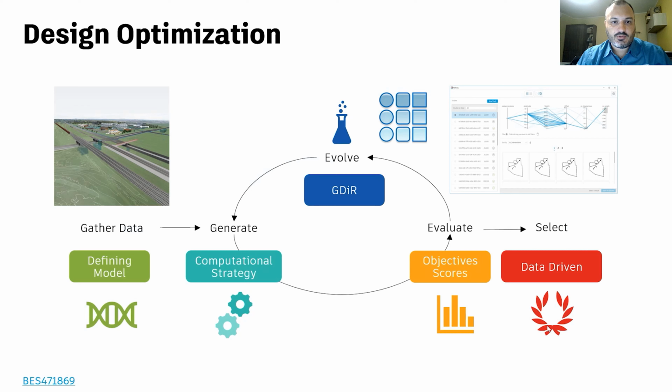The design optimization approach that we're going to follow is an iterative one. It starts from collecting necessary information to create a model of the problem that we want to solve. A surrogate model, so something that is simplified and contains the key characteristics of the challenge that we're trying to solve. Then we need to implement different computational strategies to generate solutions that we want to evaluate against the objectives and the metrics that we're going to define to establish what the optimum looks like.